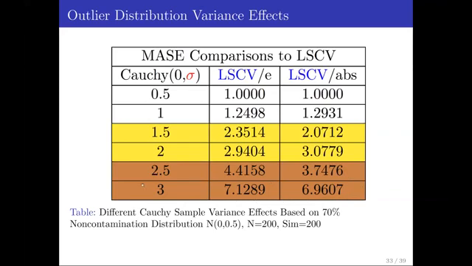So this table generally gives you an impression of the expected result you would have if you want to use the robust function. For example, if you think your data is medium contaminated, maybe you will expect 2 or 3 times better results than the LSCV. If your data is highly contaminated, maybe you will expect much better performance from the robust